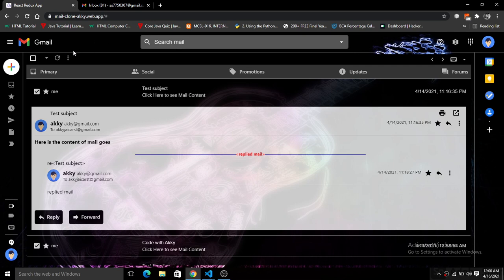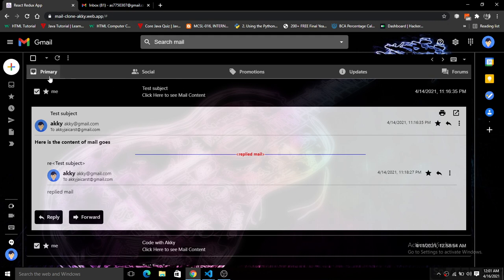So here we have a Gmail, and now I will show you how we will send email. This is the demo of the whole application that we are going to build, and after that I will show you how you can build this whole application. This will be an amazing project, a bit large. It takes a bit of time, as it is a large project. So keep patience till the end of this video. We will cover everything in a very lucid and effective way.